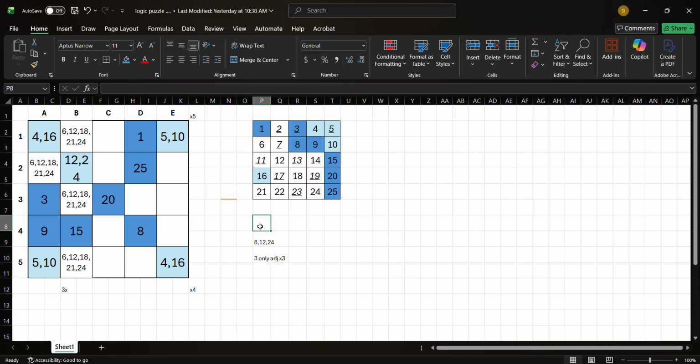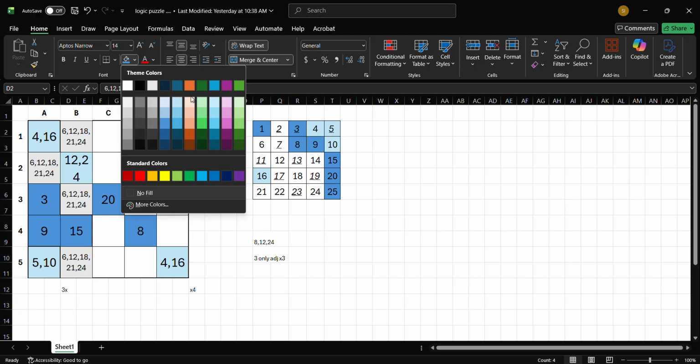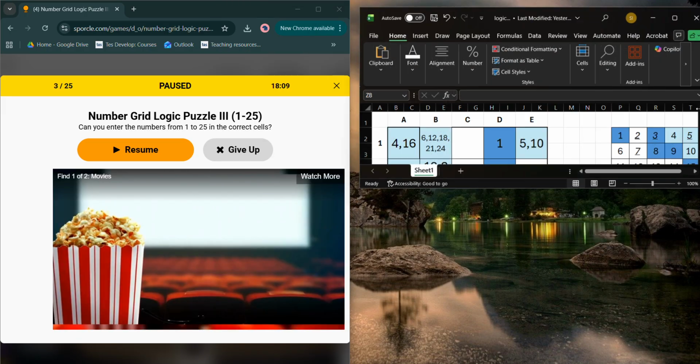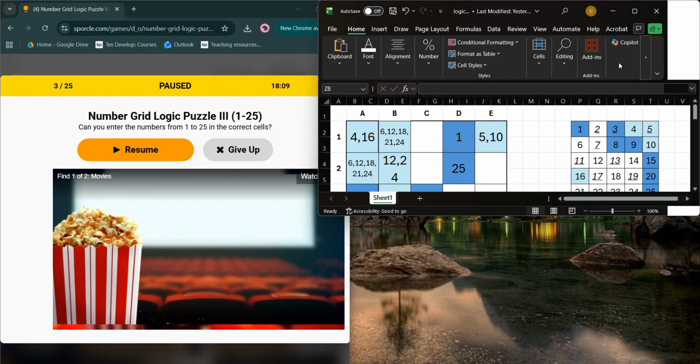And I'm going to get rid of the multiples of 3 over there because we've got them all in anyway. And I'm going to change them all to this light blue. That's all the options they could be. Great. We don't really need that multiples of 5 anymore, or the 4, or even the 3. They're redundant, and that is redundant. So we don't have any information to work on now. We've kind of done everything to its completion. So